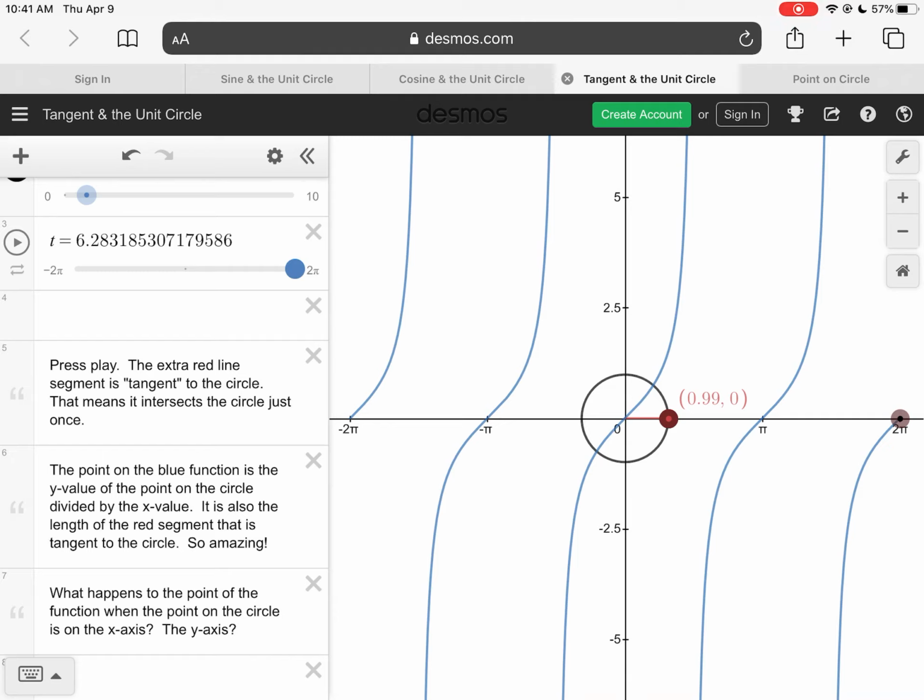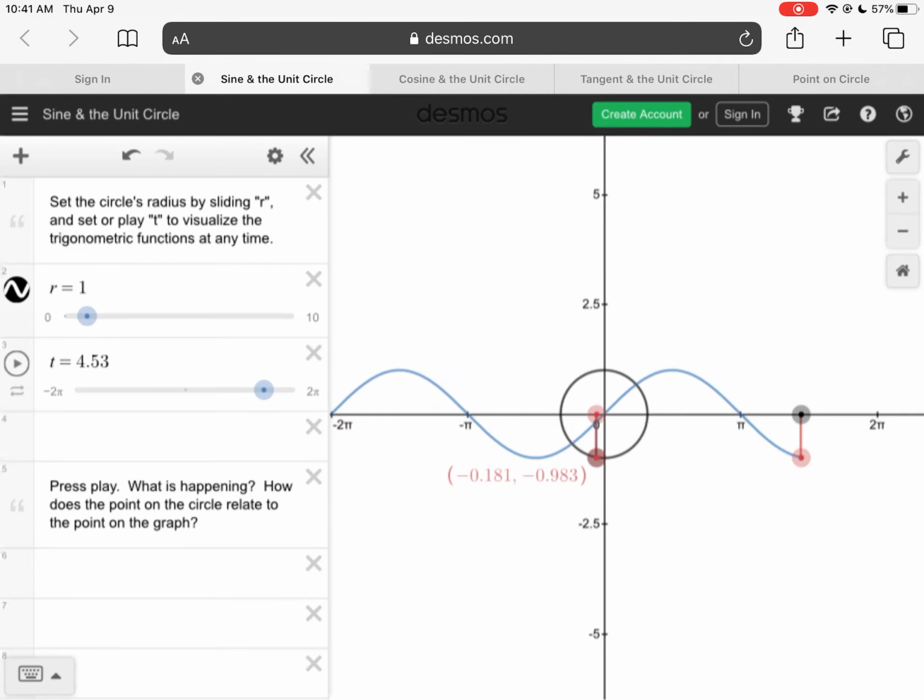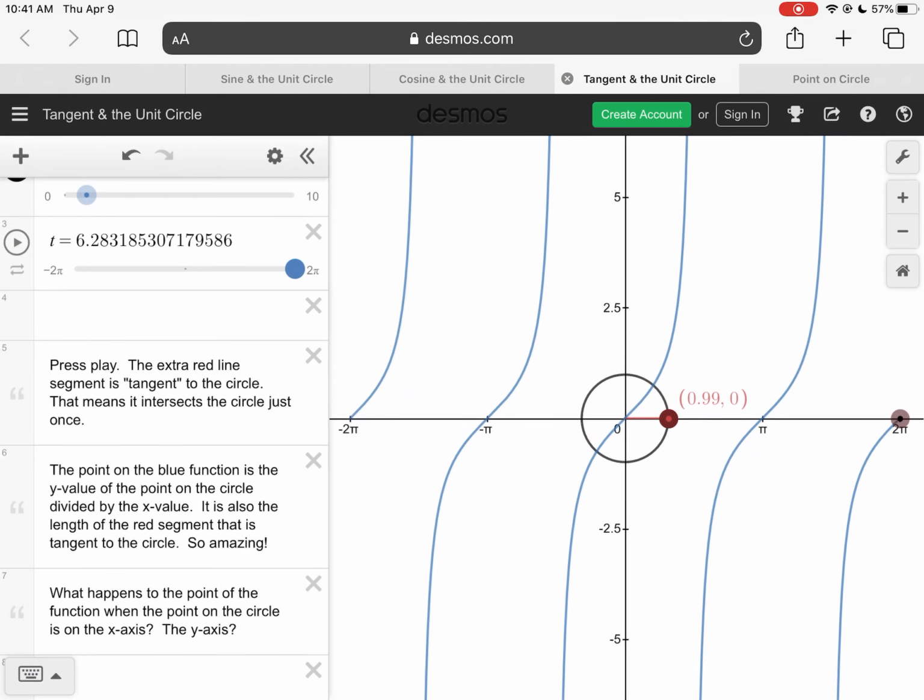Hopefully that's helpful. I know there's a lot of information here. If you're not able to fully comprehend all of it, that's okay. The key point, though, is really just being able to sketch the tangent function, the cosine function, and the sine function. And so this is meant to help connect the unit circle to those functions. If this all just went right over your head, my suggestion is to really focus on the